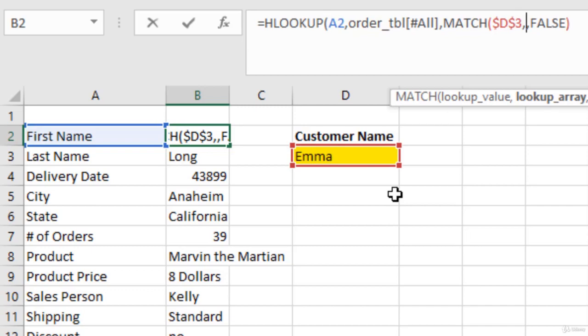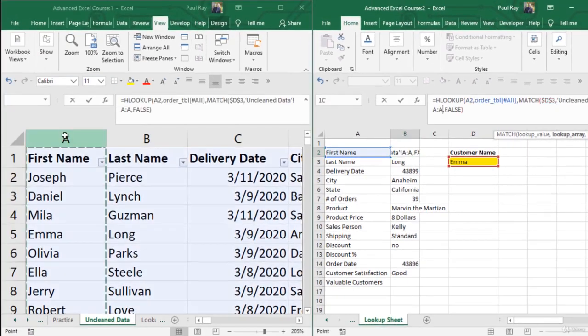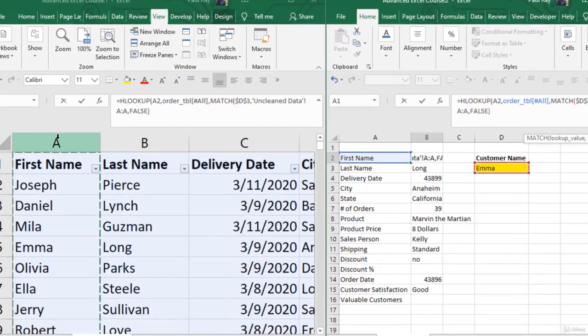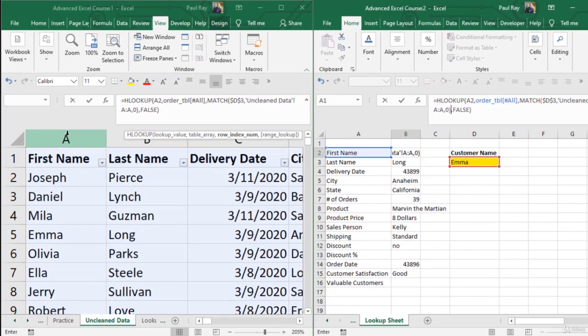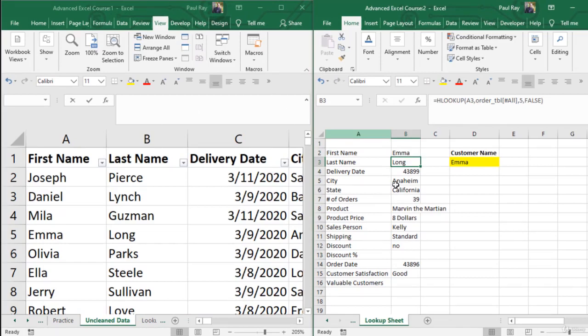Lookup array. It's going to be this entire column right here, column A, because it's going to be looking up that first name. It's going to be an exact match, so 0. Complete that. Let's press enter. It looks like it's working. Let's double click. Sure enough, it looks like it's working. Let's try